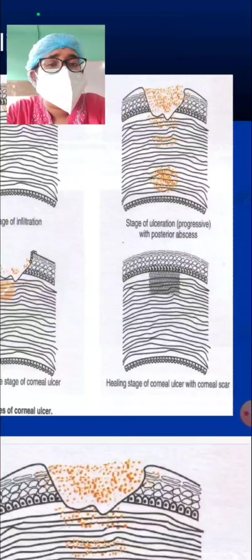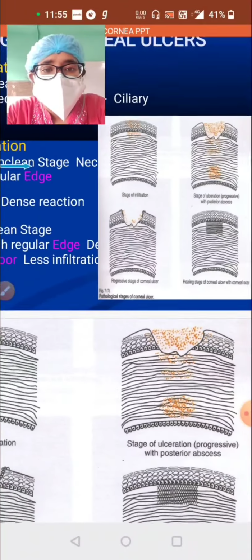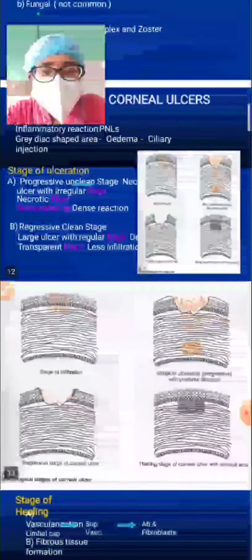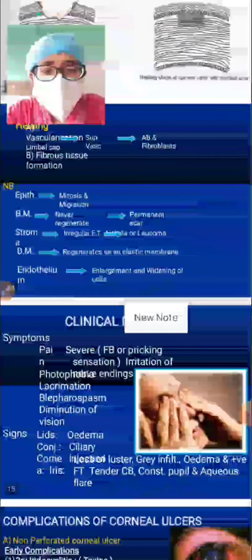And the last stage is the healing stage. That is, the infiltration is also gone, and the denuded epithelium and the stroma have healed with lamination tissues by scarring, which we call scarring. Is it clear? This is the scarring. Is it clear? So these are the stages of pathology of corneal ulcers. Next,